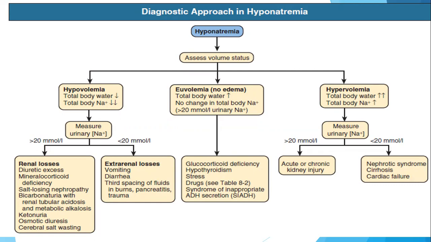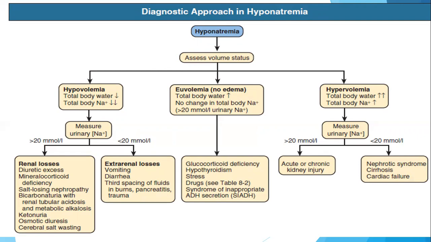If the urinary sodium is less than 20, then there must be extra renal losses, which can be secondary to vomiting, diarrhea, or third spacing of fluids, such as in cases of burns, trauma, or pancreatitis. If the patient is euvolemic, that is euvolemic hyponatremia, it can be secondary to a few conditions such as glucocorticoid deficiency, hypothyroidism, stress, drugs, most common of which is SSRIs,